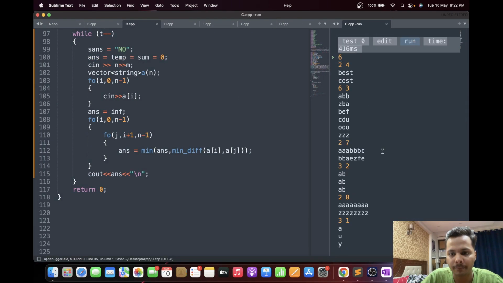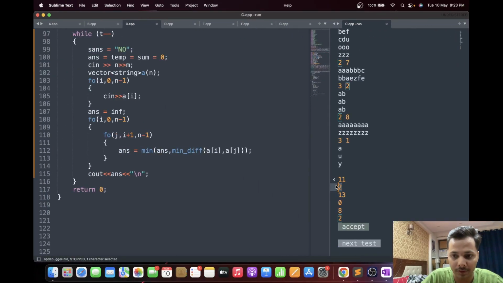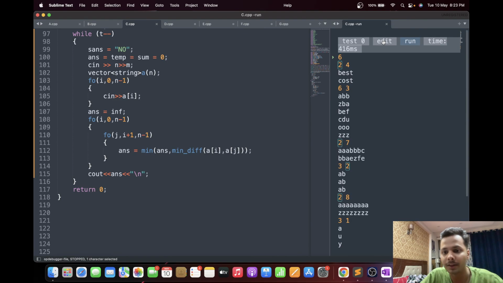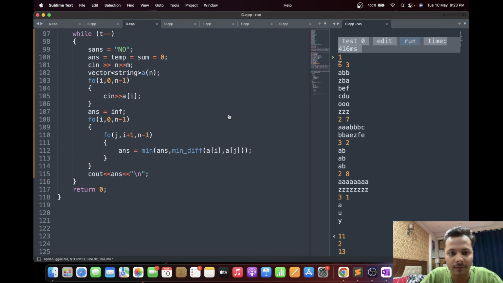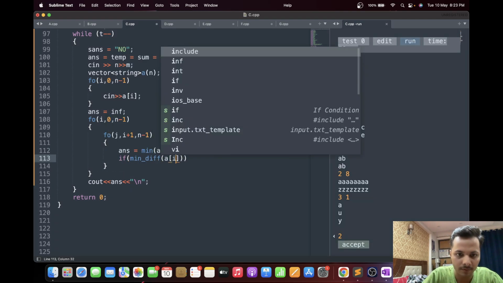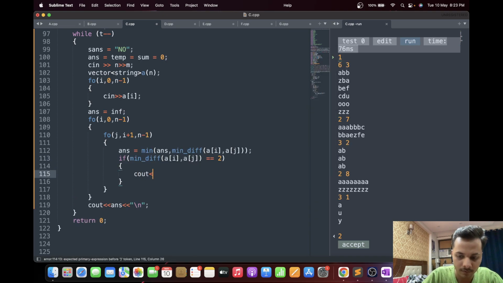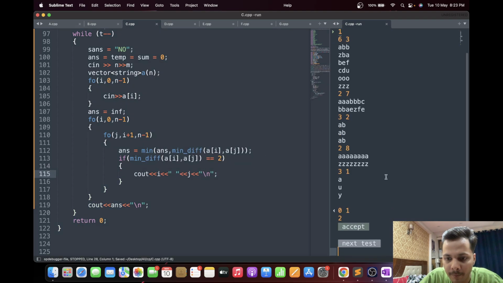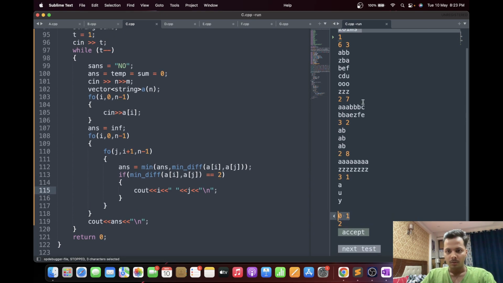Let's see. Okay, so I'm getting 11 and I'm getting 2 here. So let's try to debug this. Let's see, 0 and 1, that seems weird. Okay, so there are only 2 strings here, I see.